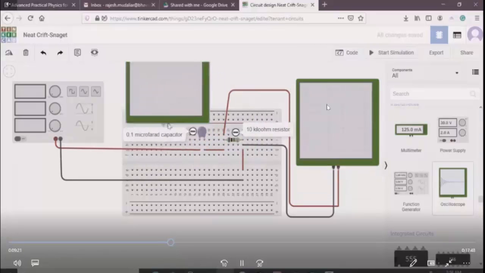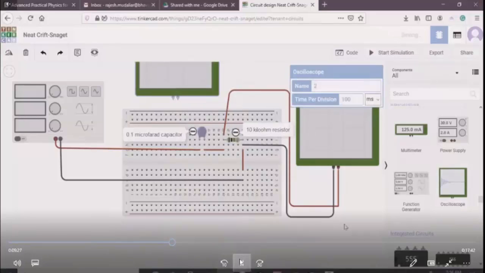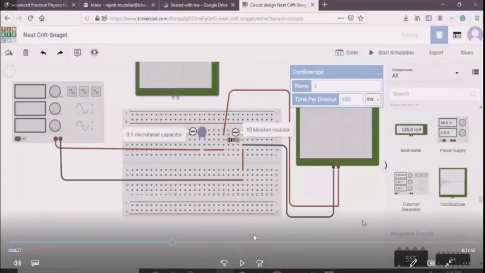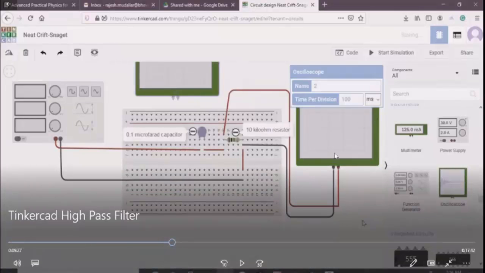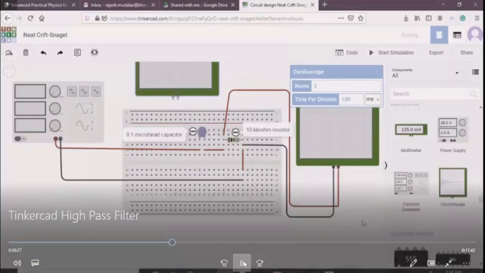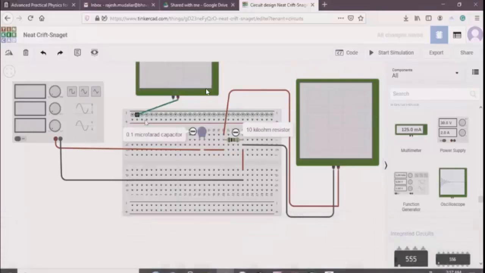Now in a regular practical you have a dual trace oscilloscope, so two traces appear on the same oscilloscope. There is no such facility here online. So if I want to compare two different waveforms, I will have to connect two different oscilloscopes, which I am going to do here. So I have placed another oscilloscope into the circuit, dragged another oscilloscope into the circuit, and then what I have done is I